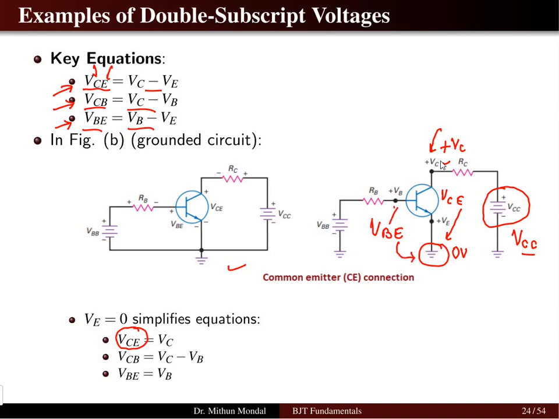So the base voltage is positive, which is given by plus VB. Similarly, the source here is represented by the double subscript, VBB. So there is a difference in how the sources are represented and the potential drop meters connected